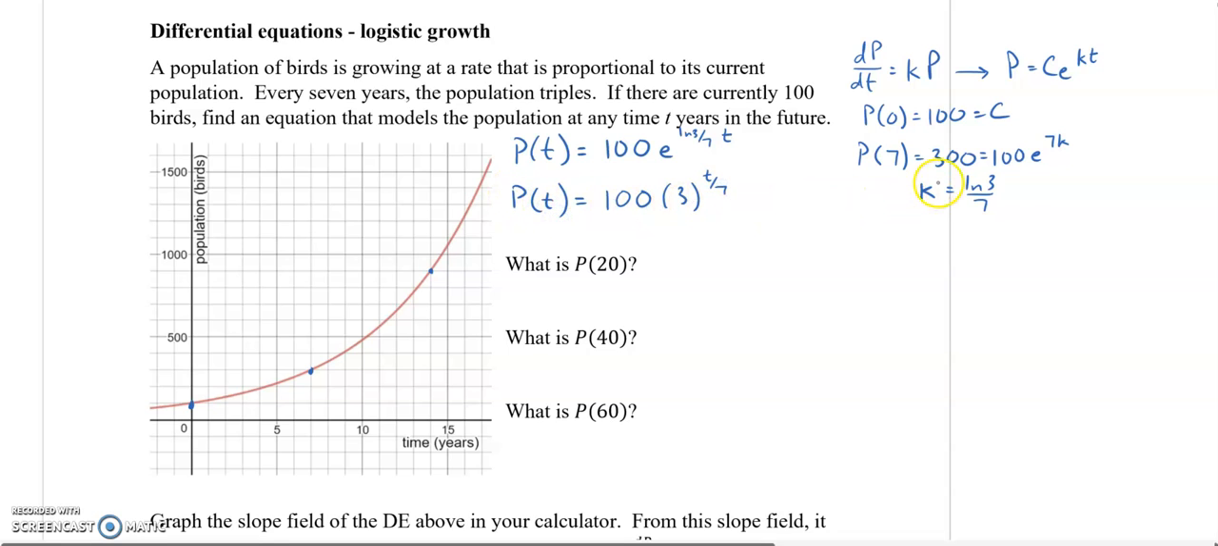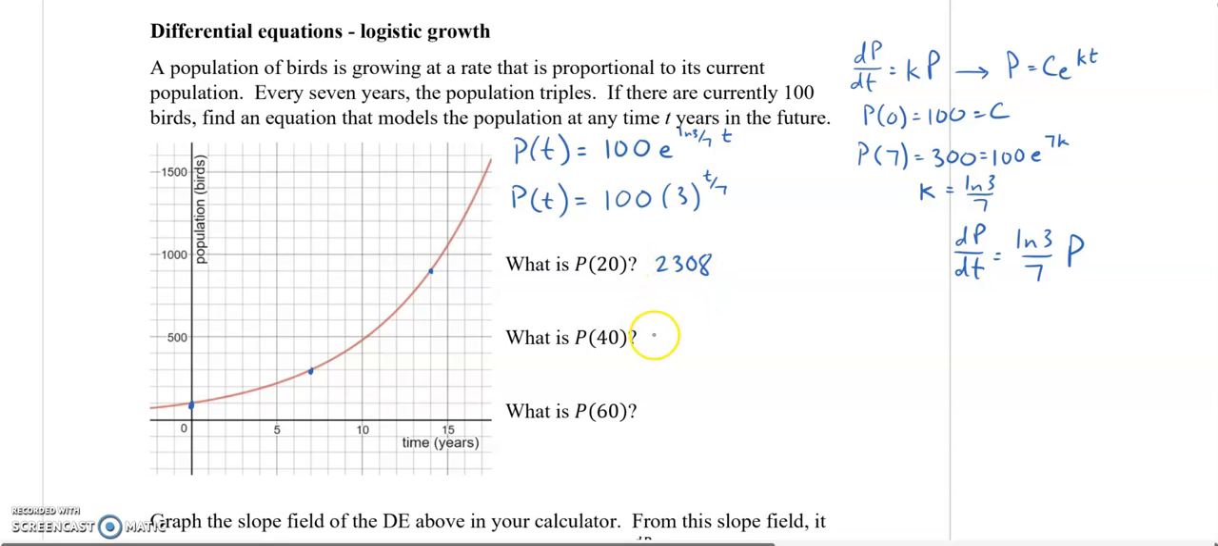By the way, we noticed that the k value is known, that's that same k value here. So we know that dp/dt is not just equal to some constant times p, we know it's exactly equal to the natural log of 3 over 7 times p. All right, and we can use this model to find the population at any given time. So at t equals 20, we're simply plugging in t equals 20 and getting, turns out, approximately